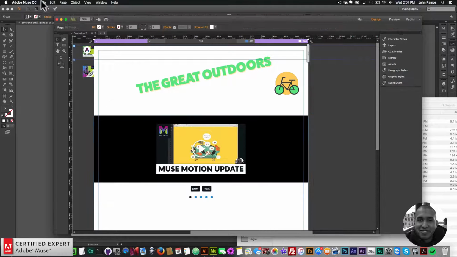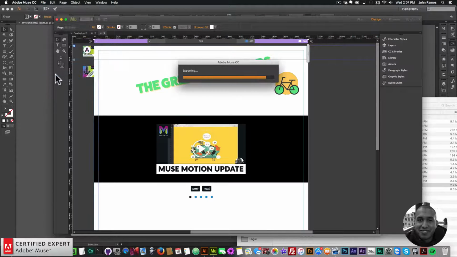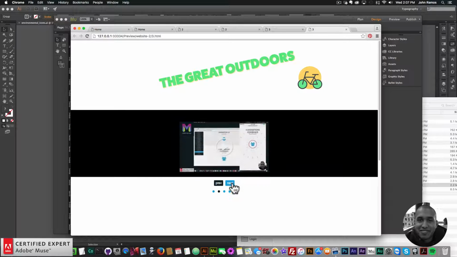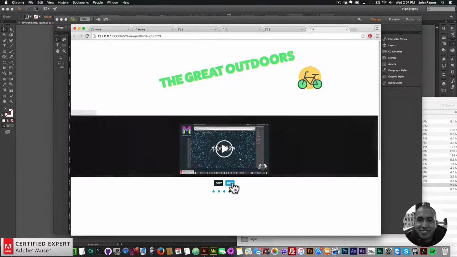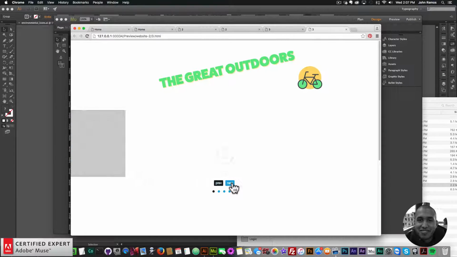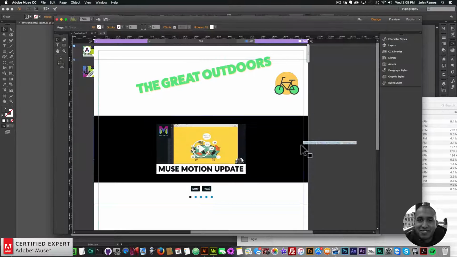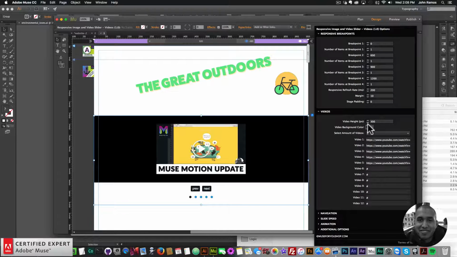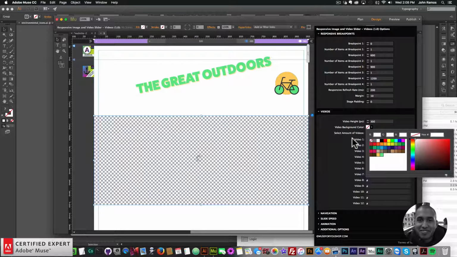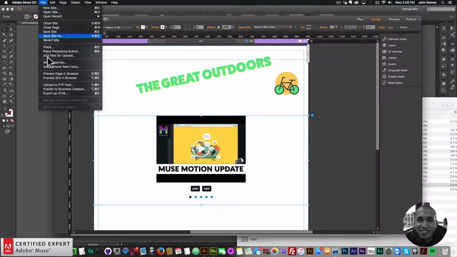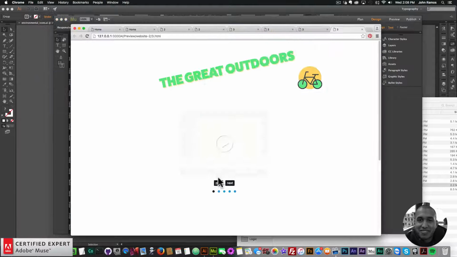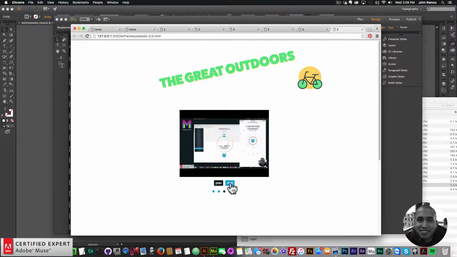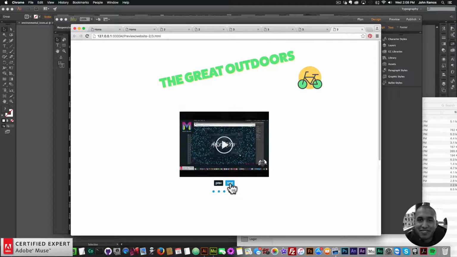animation looks. So go to File, Preview Page in Browser. I'll click next, and we have that animation there. Looks good. I could even make this background transparent so we don't see that background. So I'll go to videos and I'll set the background to transparent, and we just have the video there. So I'll go to File, Preview Page in Browser, click Next, and we have the video just like that with